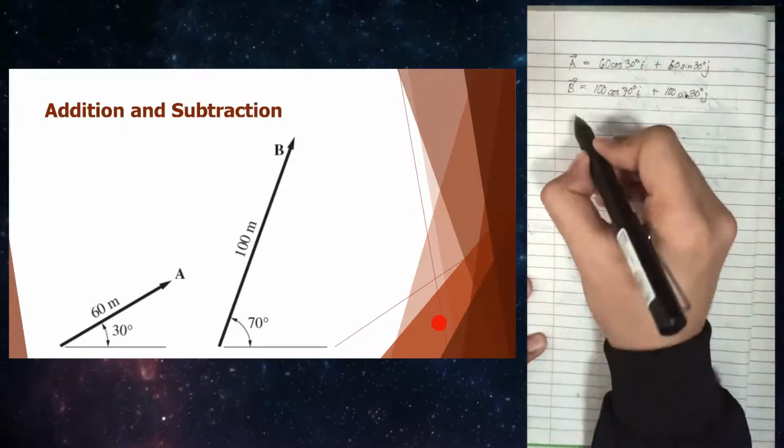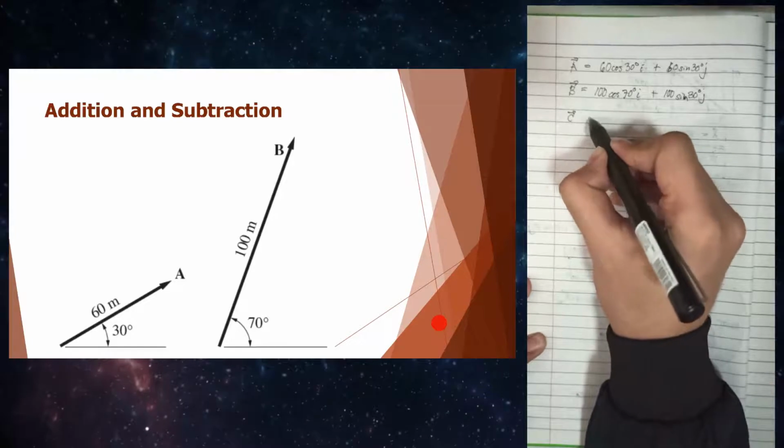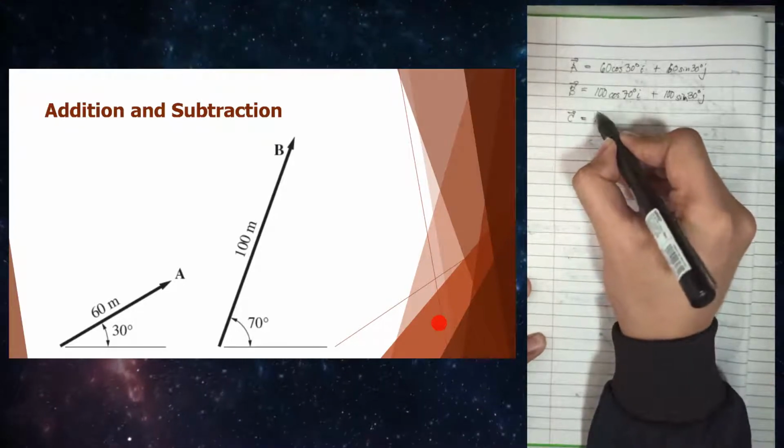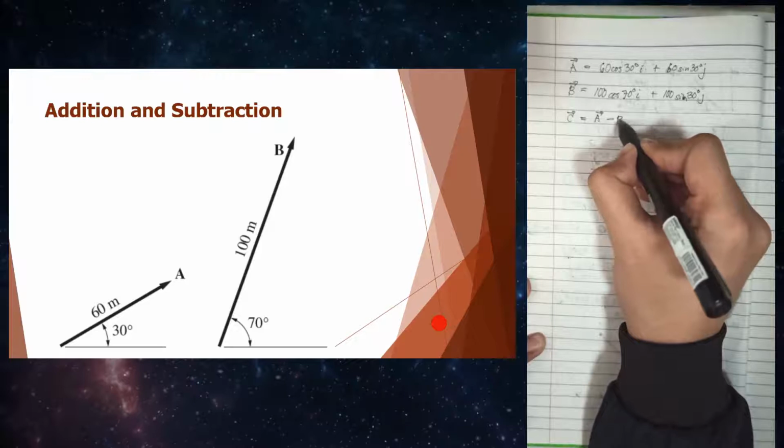Now, subtraction. The vector C is equal to vector A minus vector B,